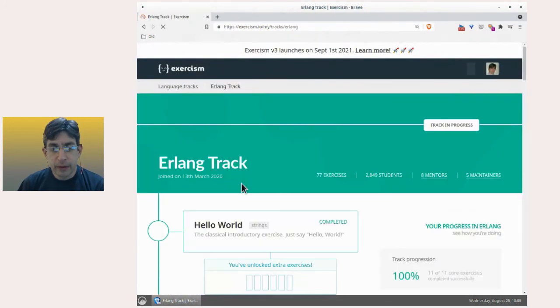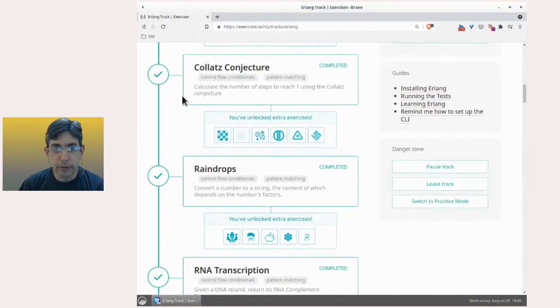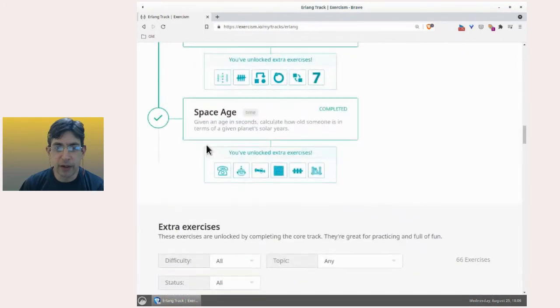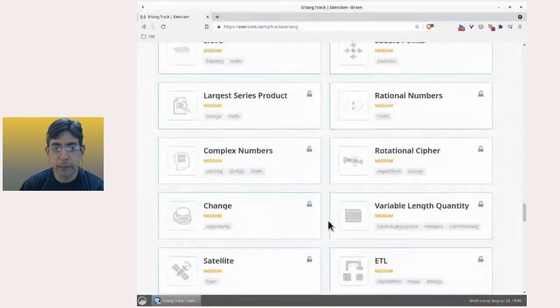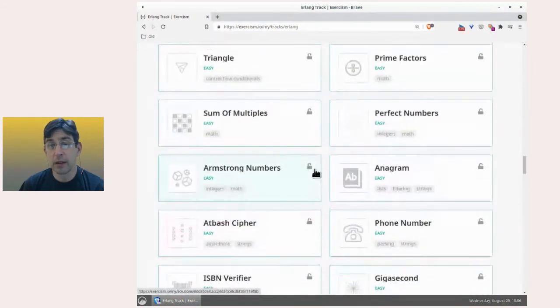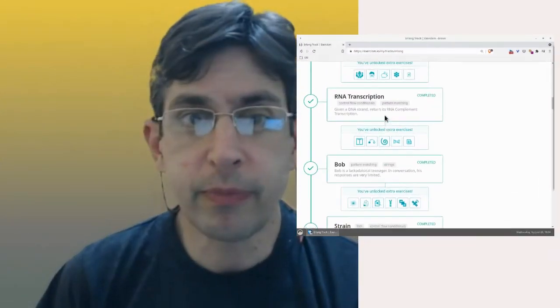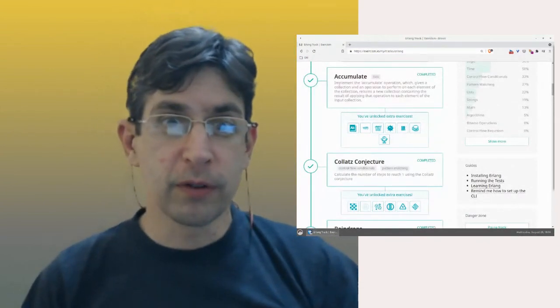Okay, maybe in a future video I'm going to show you the other exercises. I still have a lot of exercises that I haven't done, but I hope, as I told you, Exercism v3 is a great product, and we will be able to do even more with Exercism than we have done